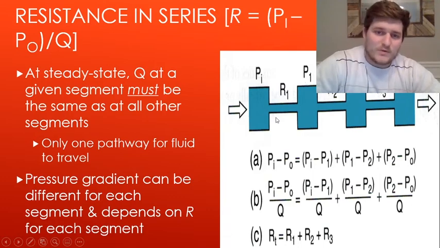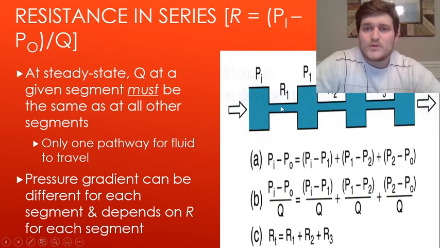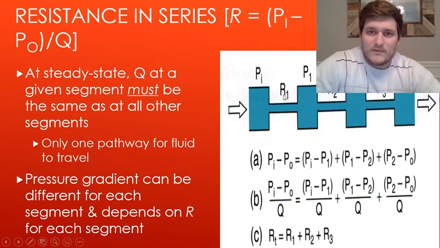And so what you are going to see overall is that the total resistance in a series is equal to the sum of the individual resistances. So even if just one of these areas increases resistance, well, that's going to increase the total resistance